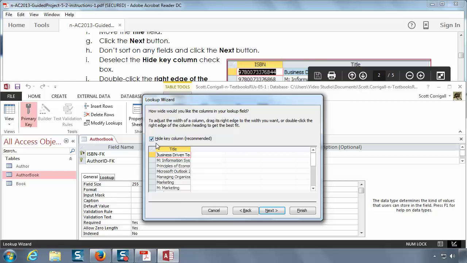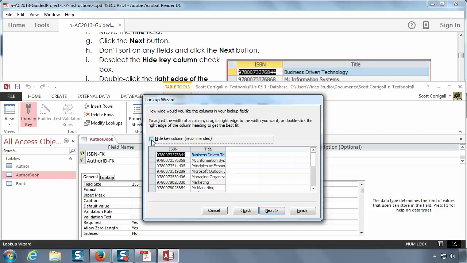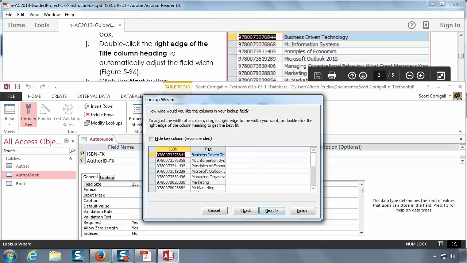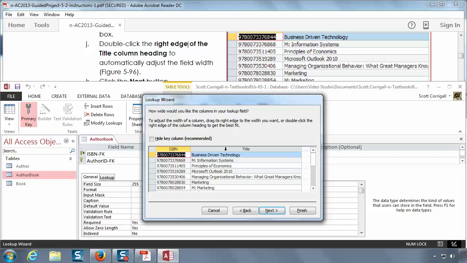We'll deselect that hide key column again, as they always recommend. And you'll notice that the title doesn't fit. Right now, if we were to have this drop down, it would cut it off at this point. You can use the same trick that you use in Excel and Access when you're dealing with this. Point to the very edge, and I know your instinct might be drag it to a new place, but remember, if you double click, it automatically fits it. Now this one does scroll off a little bit, but that's just because we're out of space in this dialog box that we're in. So we've clicked that,